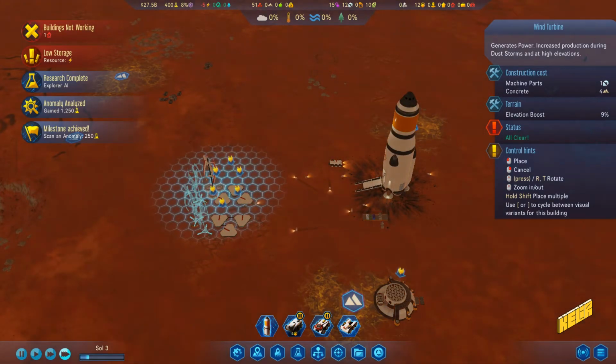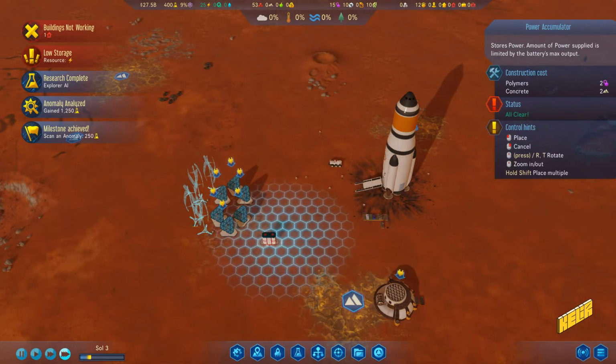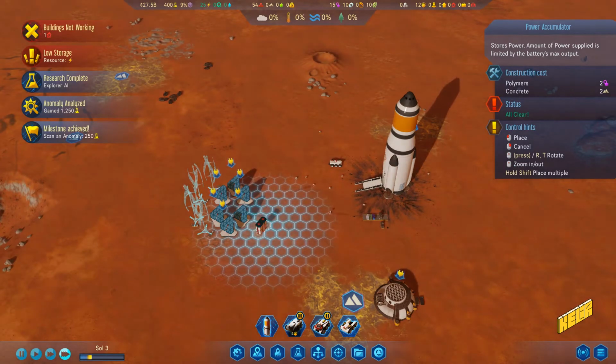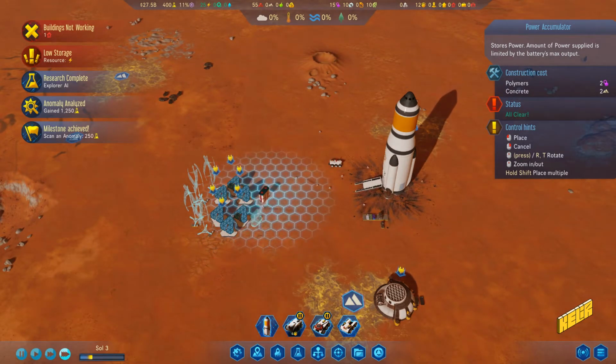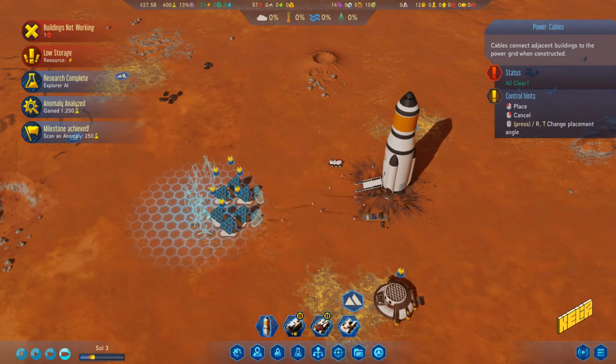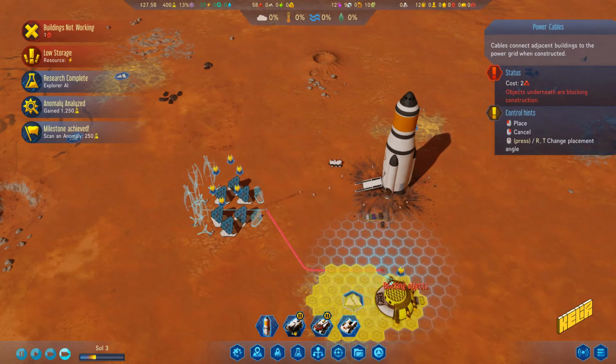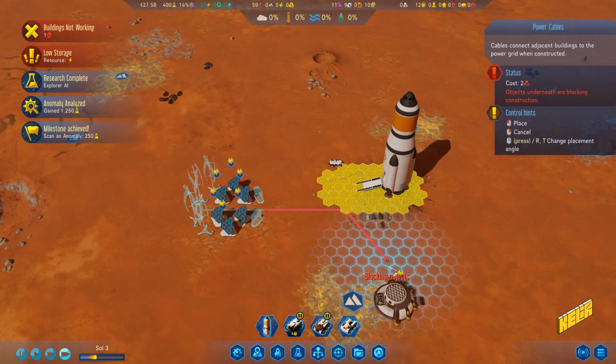Right, this is actually a very bad idea in this game to have things close to each other, because as you can see, we have the risk of getting meteor strikes. So if a meteor strikes your entire power hub, that's bad. You're screwed basically, right? Aren't you? So let's quickly pull some power over here